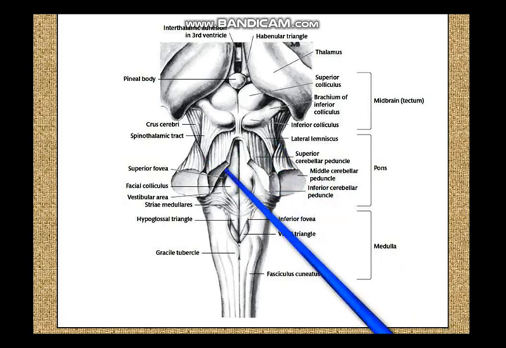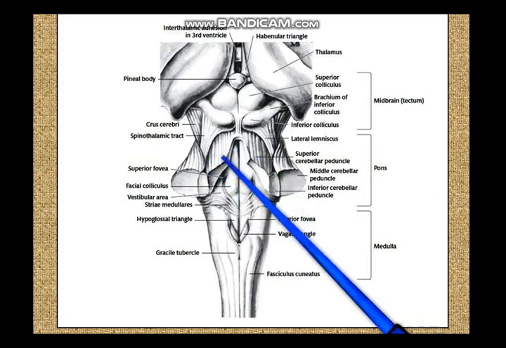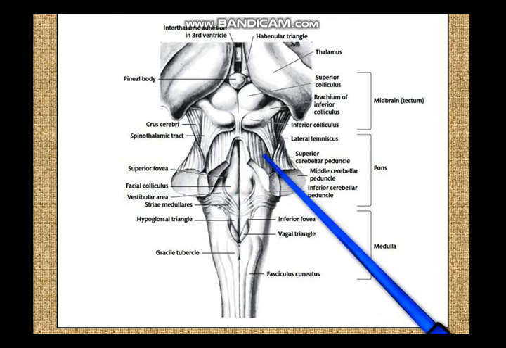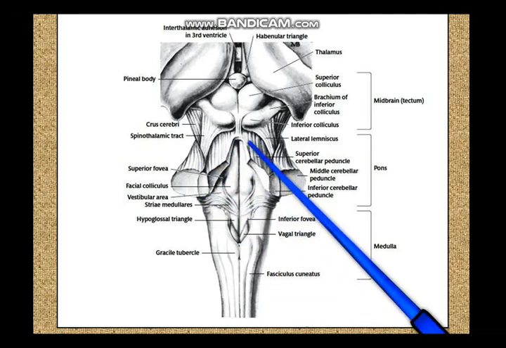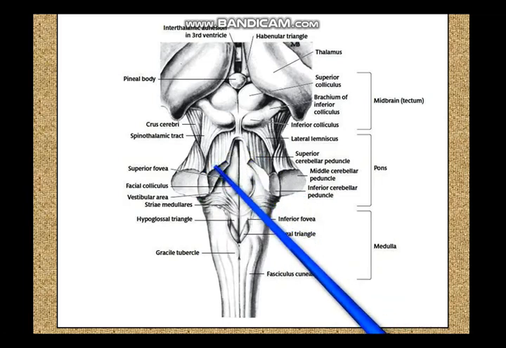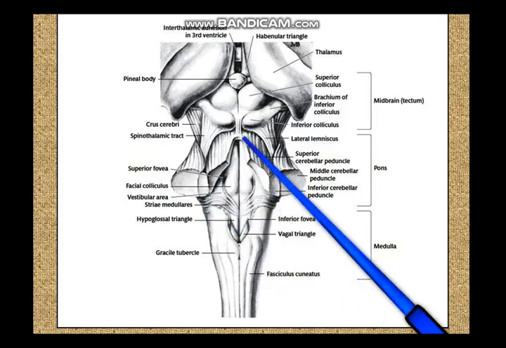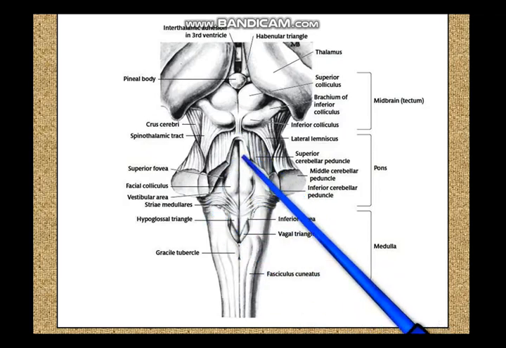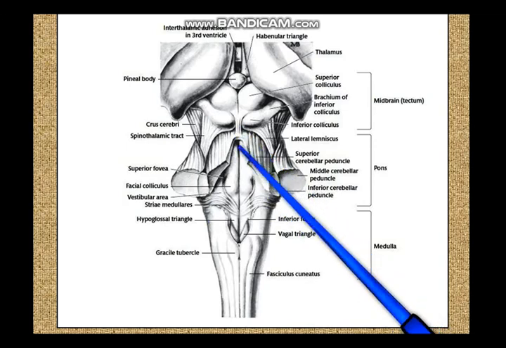Now this roof of the fourth ventricle, the upper part of the roof is more solid, is called the superior medullary velum. The lower part of the roof is more flimsy and incomplete. It is called the inferior medullary velum. So because it is flimsy, in dissections the superior medullary velum is prominent while the inferior medullary velum is not prominent when you are taking a look at the floor of the fourth ventricle. And in the middle of this superior medullary velum you have this midline elevation, which is called the frenulum veli.